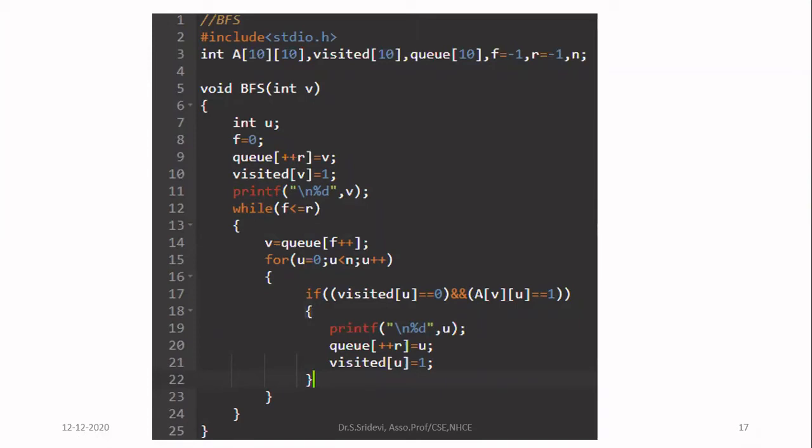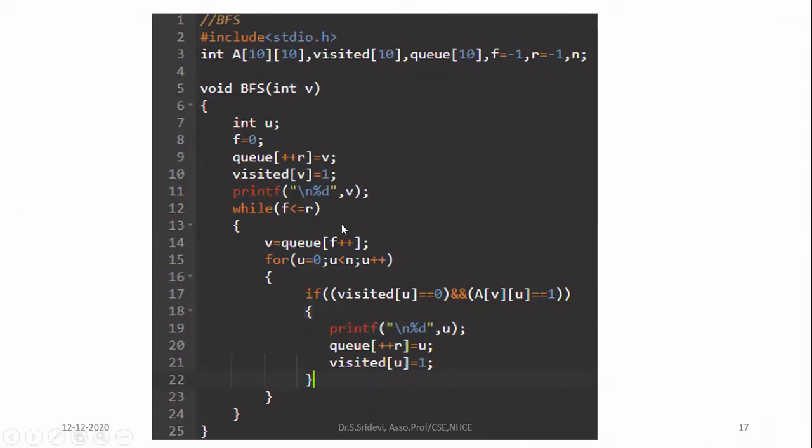But from the security point of view, global variables are not secure because any function in a particular program can change the value. If some function accidentally modifies the value, it will be reflected in the other functions also. So you have to clearly decide whether you go for global variables or pass them as arguments to the function. It is up to you. But to make the process easy, I'm considering them as global variables.